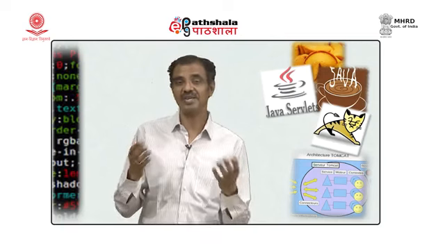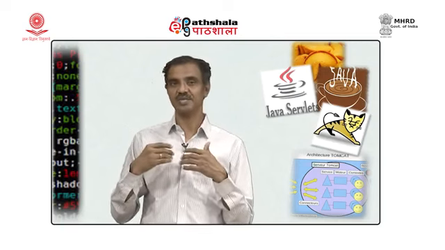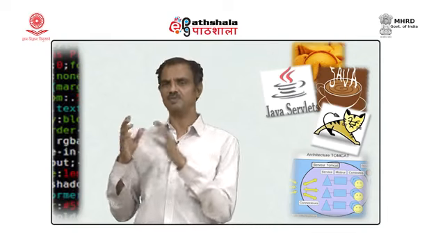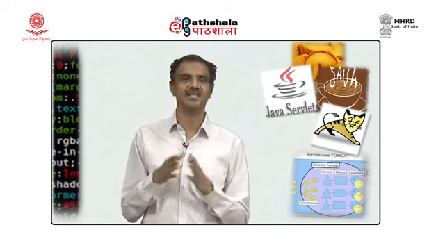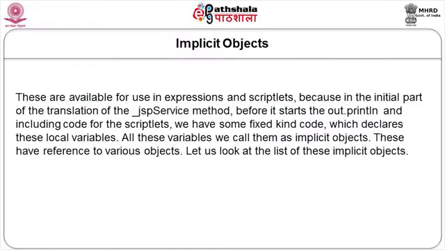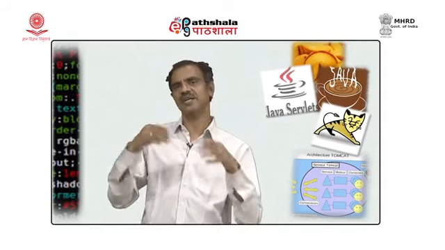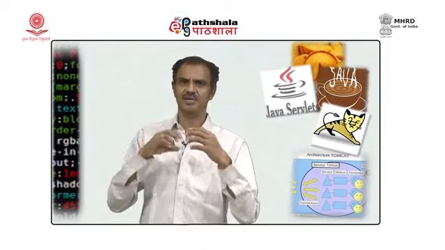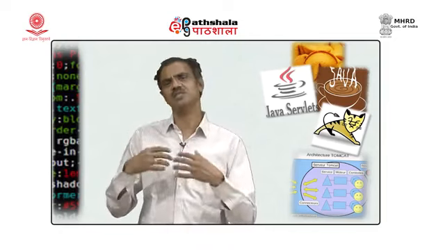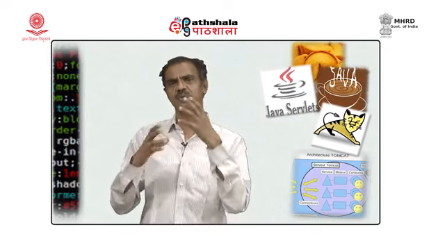Let us see if we have any other objects available. What has been done here is we have these objects, we call them implicit objects. They are categorized as implicit objects. We have in fact a number of implicit objects which are available to us for use within expressions and scriptlets. When the translation is done, in the initial part of the translation, before it starts saying out.println and including the